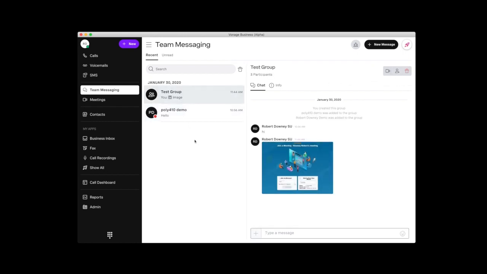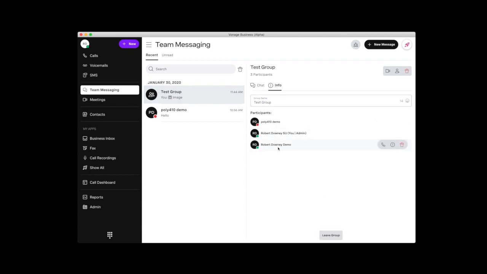I can also go into what we call Vonage Flow, which is our group messaging. This allows us to create a group of participants to create a more collaborative messaging platform. I can start a meeting with those users and pull them directly into a meeting. I can add participants, or I can delete the room.